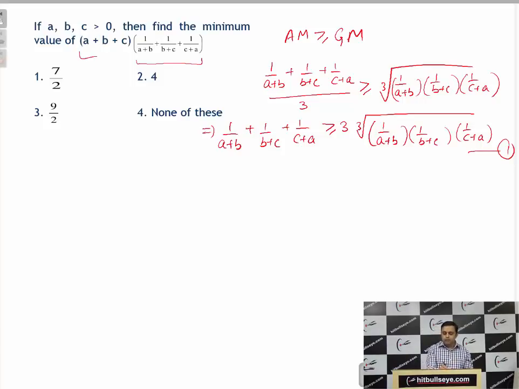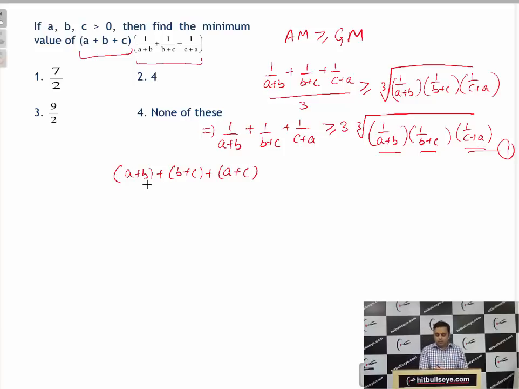Furthermore, we will apply the same result on a plus b plus c, but actually we will apply it on a plus b, b plus c and a plus c. Why are we doing this? Because in the first inequality we have a plus b, b plus c and c plus a in the denominators, and we want to eliminate these denominators. That is why I am not taking a, b and c. I am taking a plus b, b plus c and c plus a,